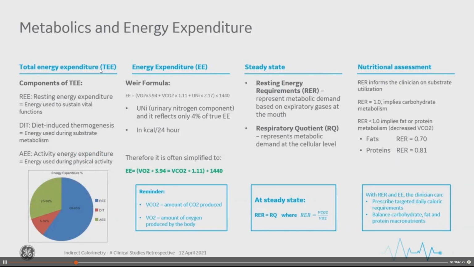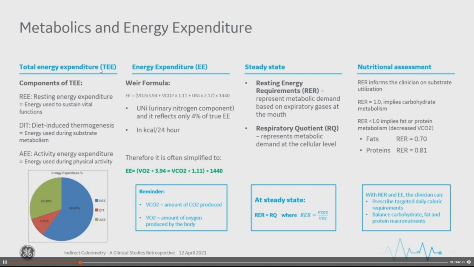At a high level, from an energy expenditure standpoint, we talk about the total energy expenditure, and there are several sub-elements that inform TEE. The REE, which is the one that we focus on at the bedside, is the resting energy expenditure, the amount of calories that the patient consumes while nothing else is going on. The other elements are diet-induced thermogenesis, the thermal effect of food,